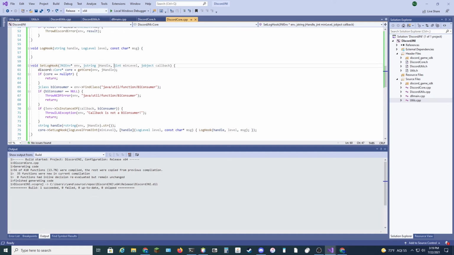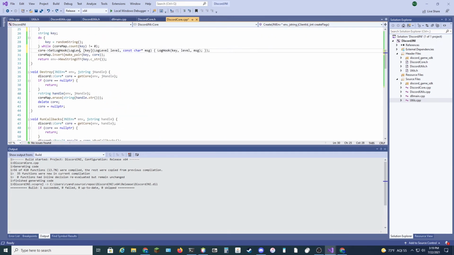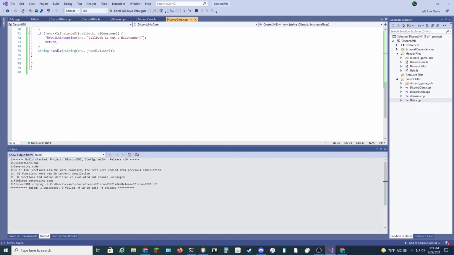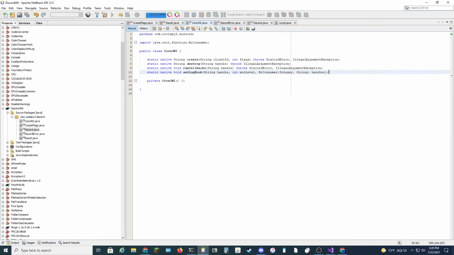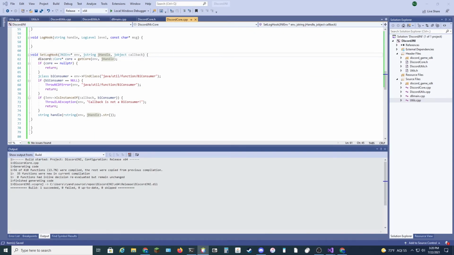Let's see. Do we want to be able to set a min level? Nah. We'll do that. So then we don't actually need a min level because we are no longer taking one. And in here, we no longer need a min level. There we go. And then we will set the handle. We don't need this currently. No, we do. Yeah. So we're then going to say